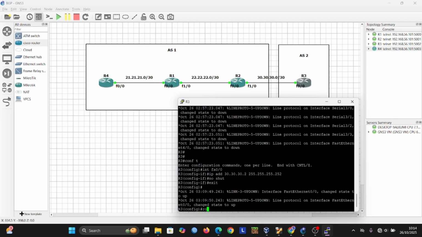After this, we enter router BGP 2, because we configure in area 2.